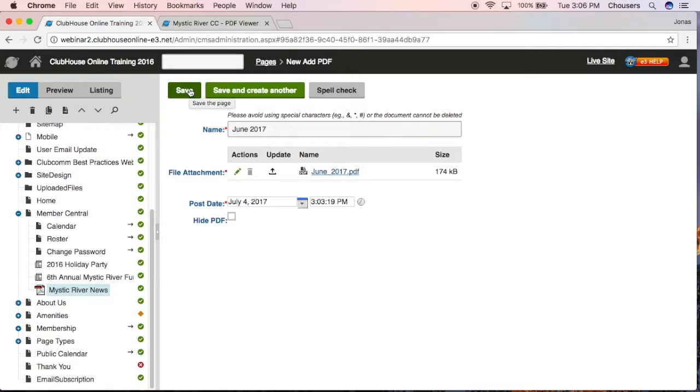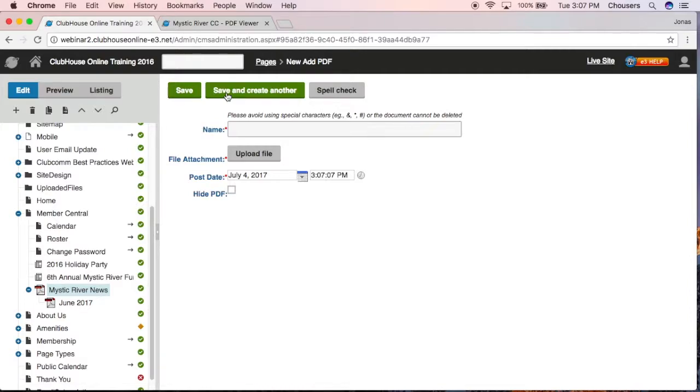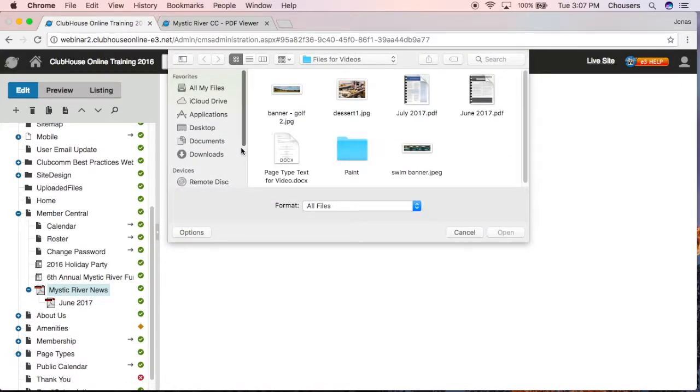However, if you are adding multiple of the same page type, so for example, we're looking at adding multiple PDFs right now, we can actually click Save and create another. This will save our current page, so we can see that on the content tree, but will also allow us to add a new PDF as well. So let's go ahead and add our July 2017 newsletter. We'll throw in our title, upload our file,